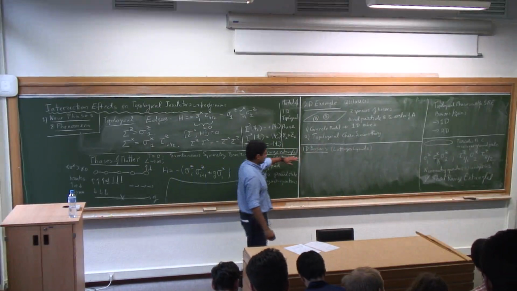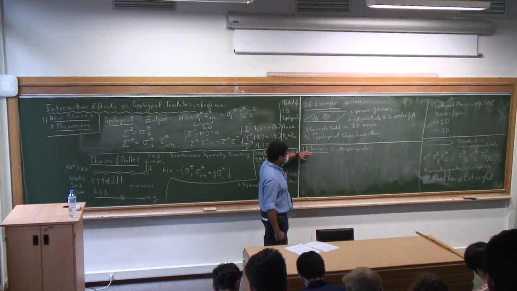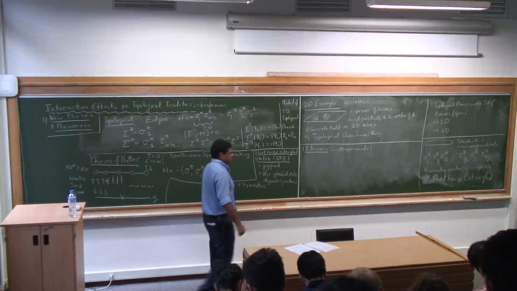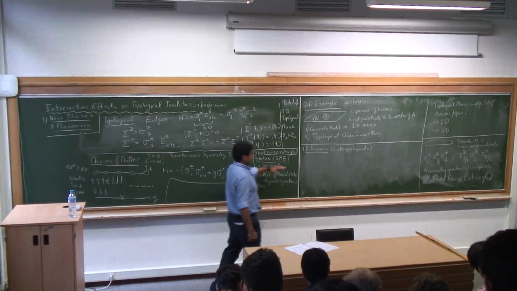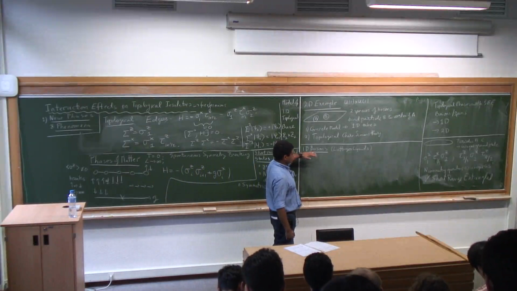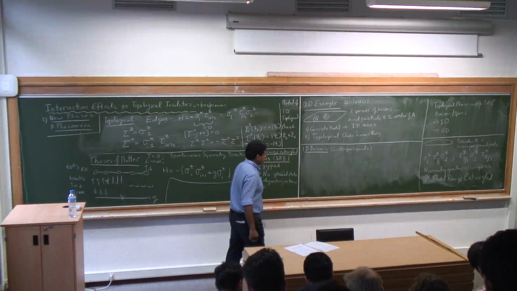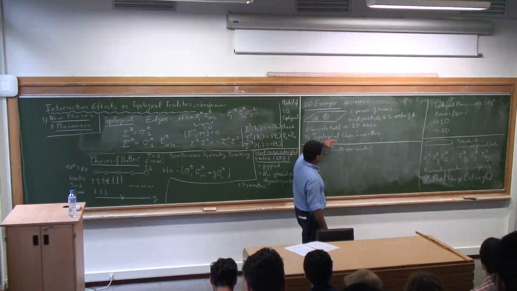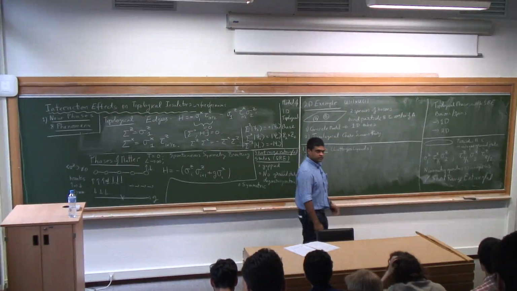So it may seem a little paradoxical that we're trying to use bosonization to describe bosons. But in fact, you'll see that it's somewhat more convenient. It's a more convenient way of writing down a boson Hamiltonian. Okay, so once we know how to do 1D, we'll be able to take them and couple them together.